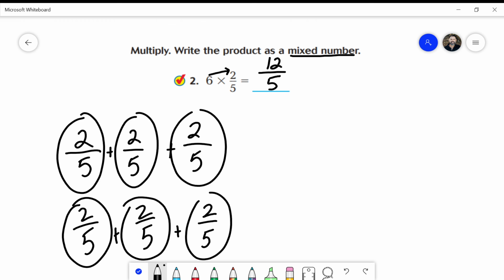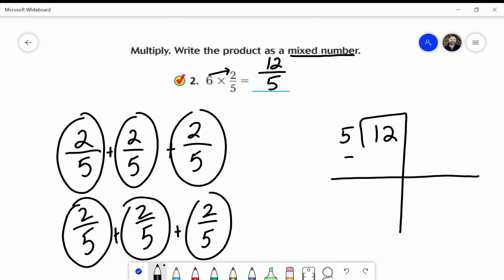Now we're going to turn that into a mixed number by dividing 12 divided by 5. So we just want to think of multiples of 5. The second multiple of 5 works just perfect because that's 10. If you count by 5's 2 times, we get to 10. So 12 minus 10 would be 2. So our whole number is right here off to the side. And so we're going to rewrite that. So it's 2. And the numerator is going to be our remainder right there. And the denominator doesn't change. It's the divisor off on the side there. So 6 times